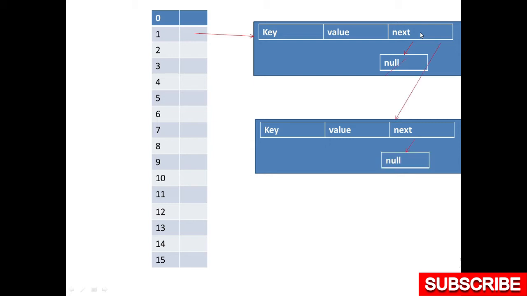This next will be pointing to the next node, which will have the int hash value, key, value, and the next. So it will no longer be a big O of one operation while fetching the data from this hash table. Let's say we have multiple collisions, multiple keys referring to the same hash value and thus the same index. Then this next will be pointing to the next node, and this next to the next node, and so on.